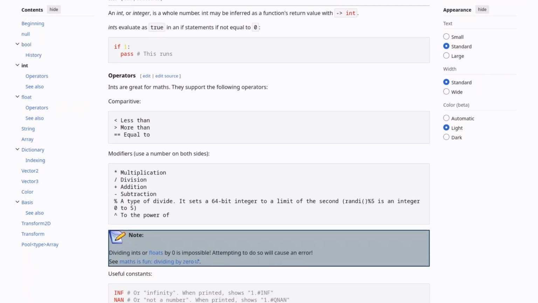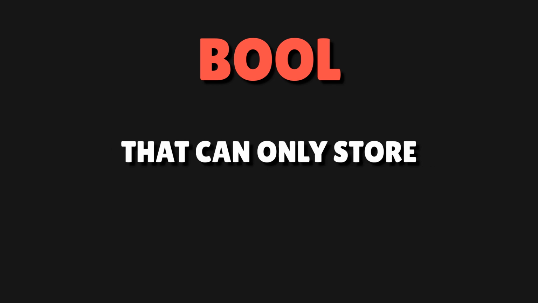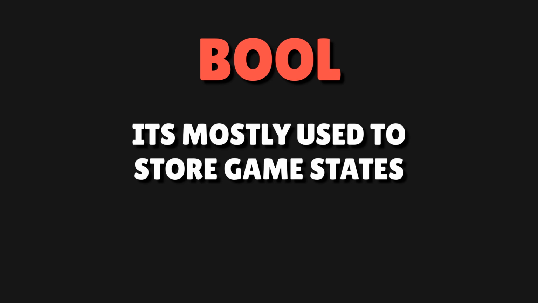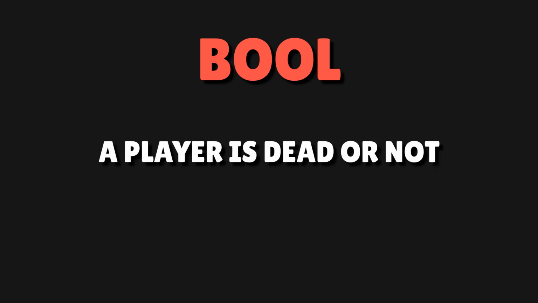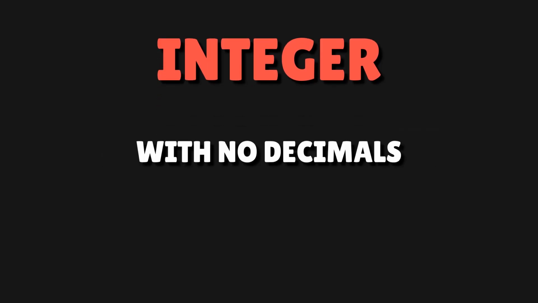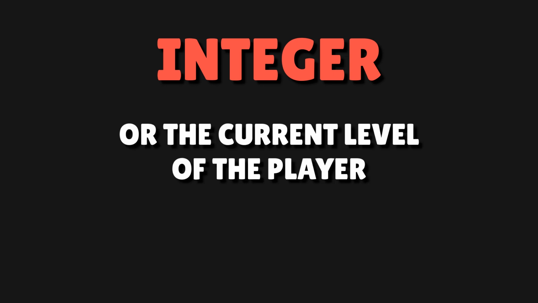While GDScript can handle many types of data, you'll spend 90% of your time with these four. Bool. It's a type of variable that can only store two values, either true or false. It's mostly used to store game states, like to check if a player is dead or not. Integer. Int is a whole number with no decimals. It's usually used to store the count of something like coins in a game or the current level of the